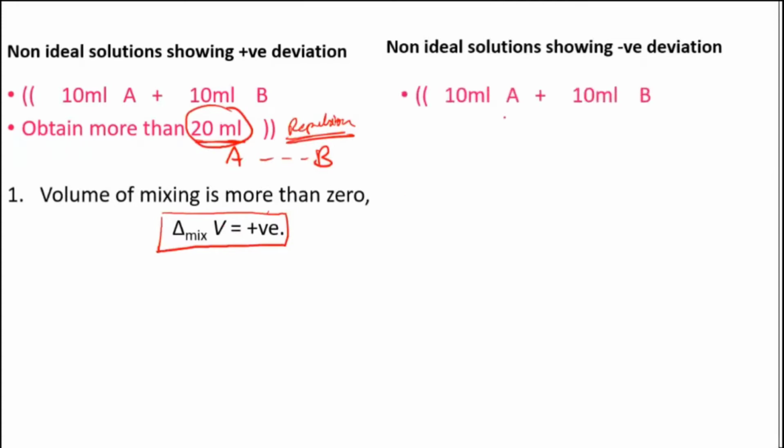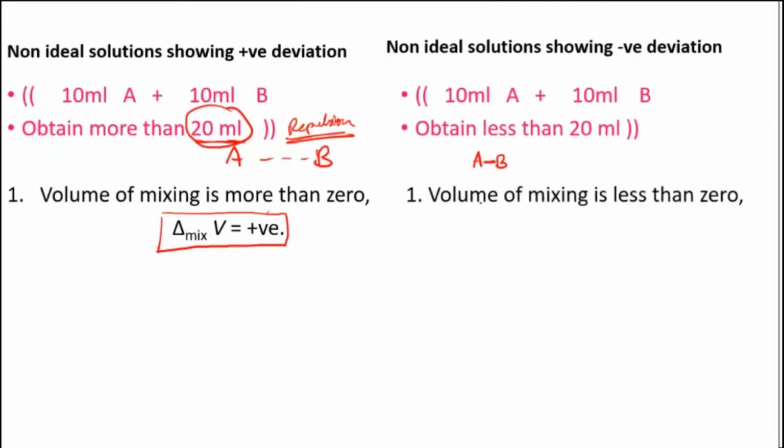And in the other case, when you are mixing two liquids, since the force of attraction between A and B is larger, I have put them closer. When the force of attraction becomes larger, you know that they will come closer by. When they come closer by, automatically the overall volume also will decrease. So it will become less than whatever you have expected. So here you will get a negative value. You will get less because overall volume is going to decrease.